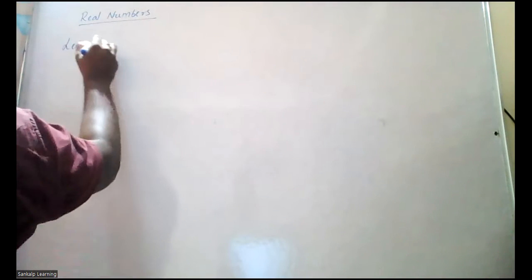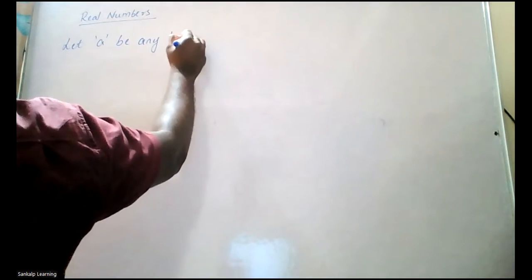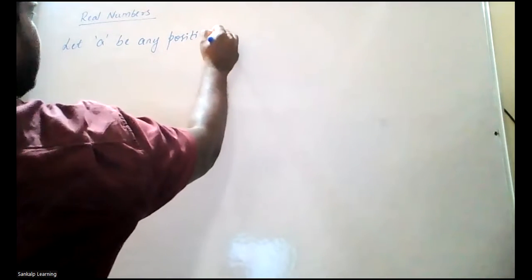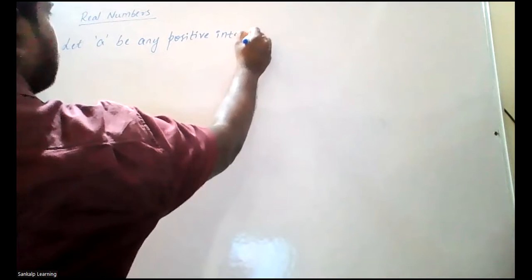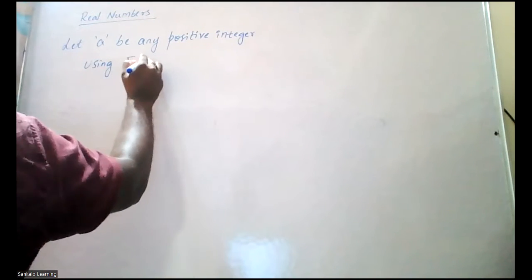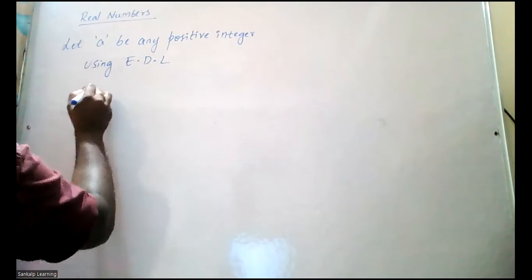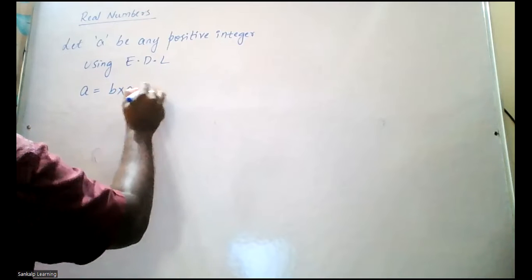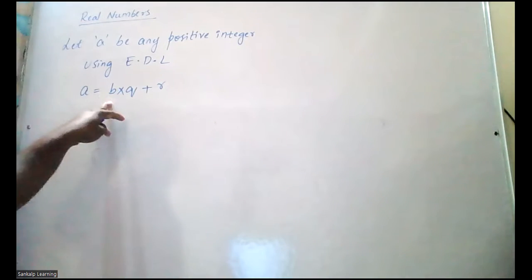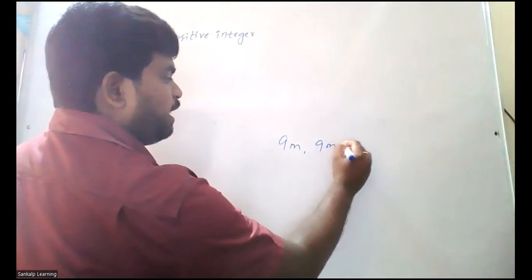Let a be any positive integer. So using Euclid's division lemma, EDL stands for Euclid's division lemma. So what can I write? a = bq + r, where a is dividend, b is divisor, q is quotient, and r is remainder. Now, we have to show that cube of any integer is in this form, 9m, 9m plus 1